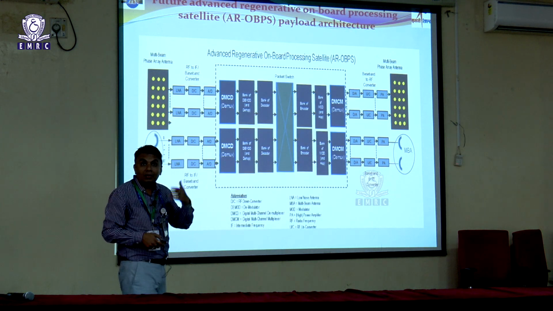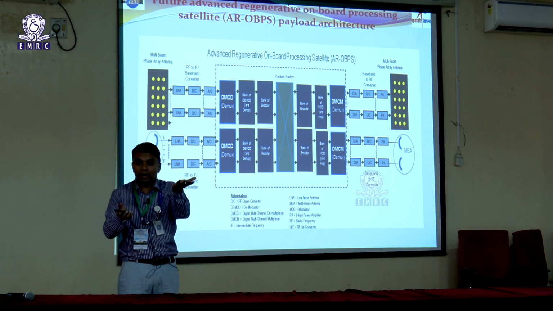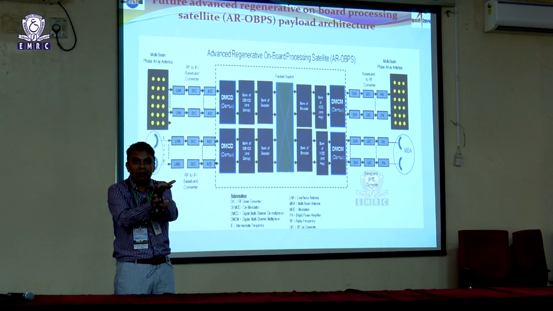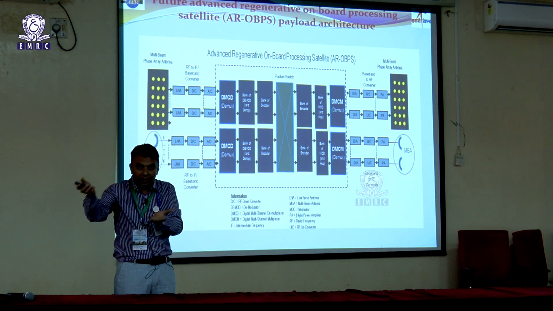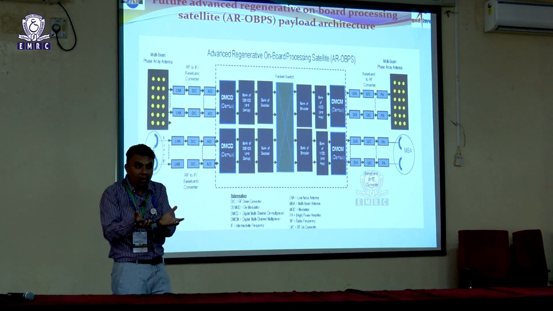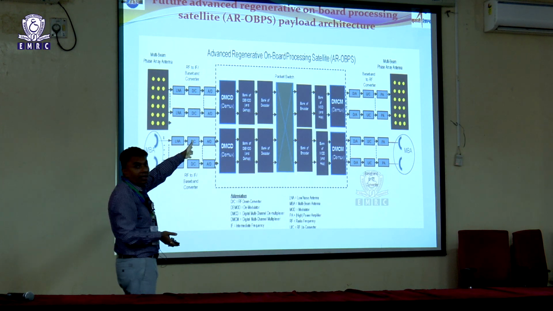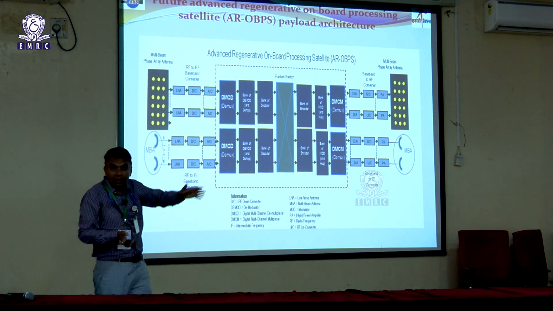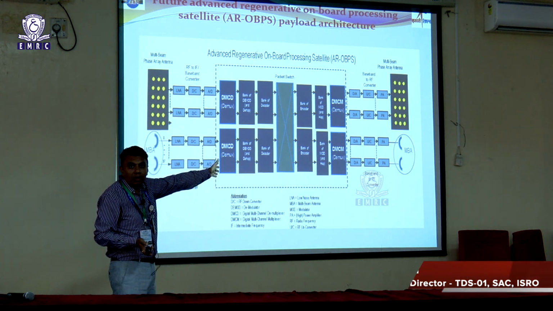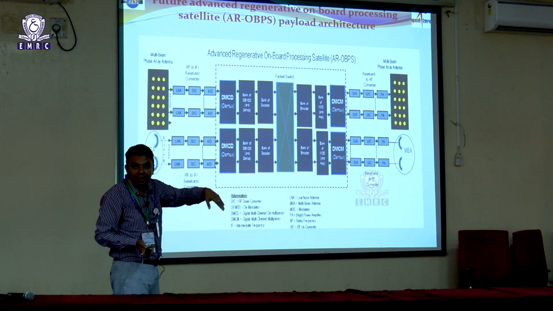If you want further advancement on the satellite, then up till now the uplink signal is not decoupled from the downlink signal. The uplink noise also gets coupled and goes through the downlink, so your downlink signal C by N naught is slightly poorer. In a real satellite with a small antenna, we want the uplink and downlink to be decoupled. So we need to demodulate the data at baseband level on the satellite itself. Then the uplink noise is decoupled, and based on the user demand, whatever waveform it wants, we can remodulate the data on board itself and transmit it on the downlink side.